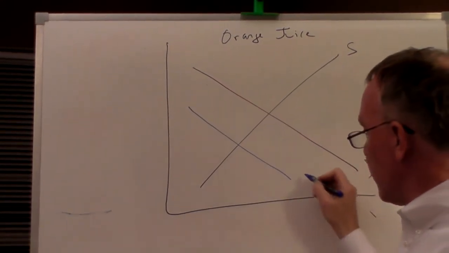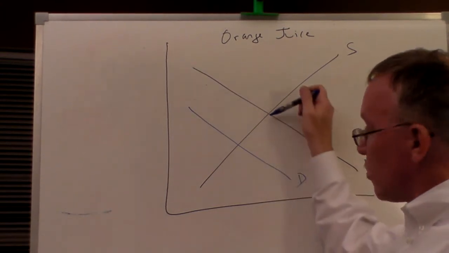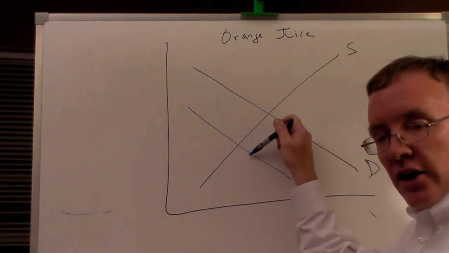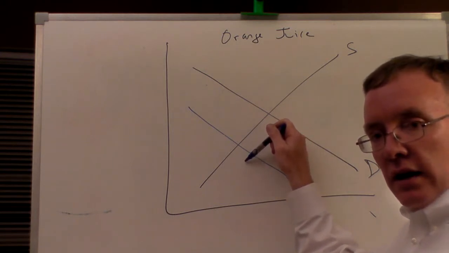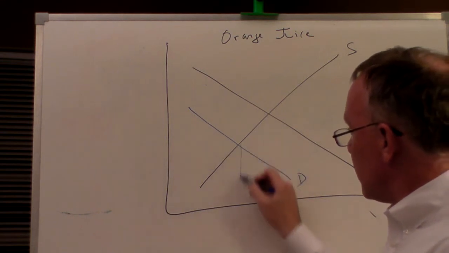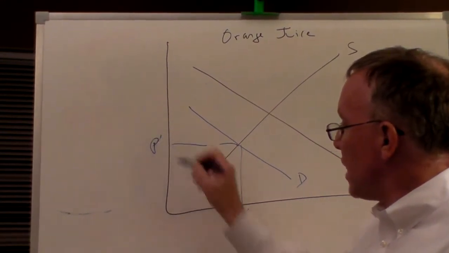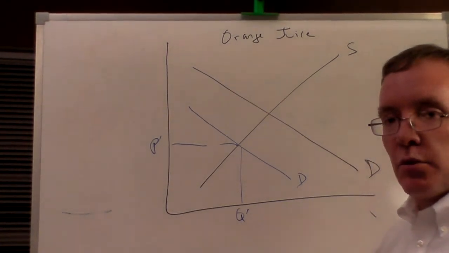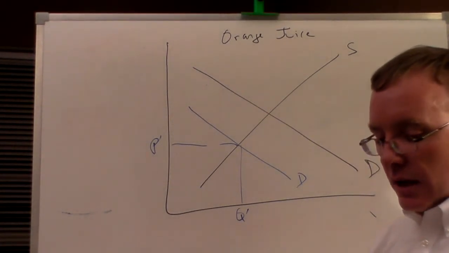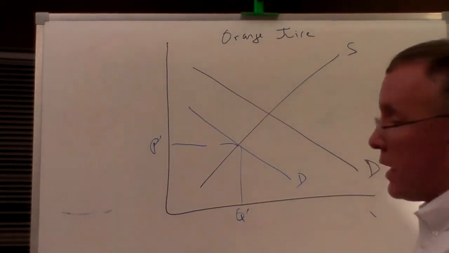And recognize that this means we're moving along the supply curve. So the shift of one curve, in this case the demand curve, is a movement along the other. So we're moving along the supply curve to a lower price and a smaller quantity. So this is the quantity after the drop in the price of cranberry juice in our orange juice market. And of course, this was our original quantity,